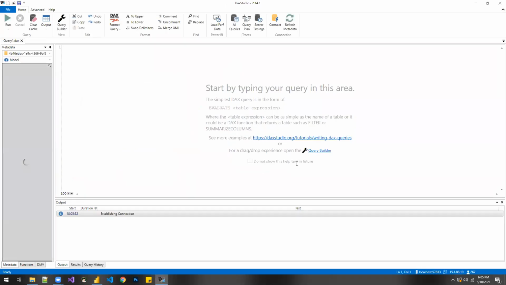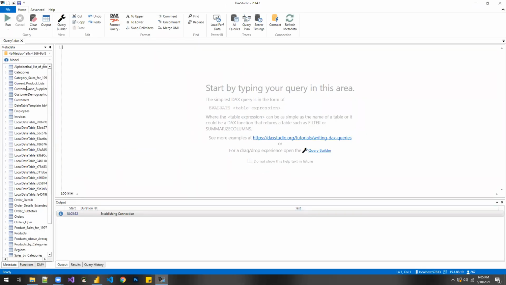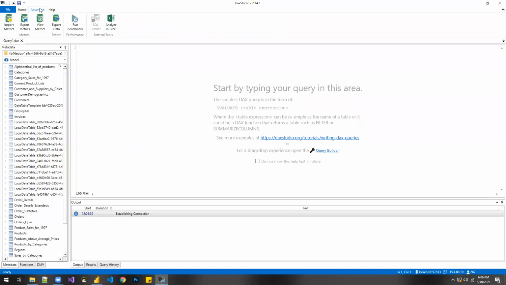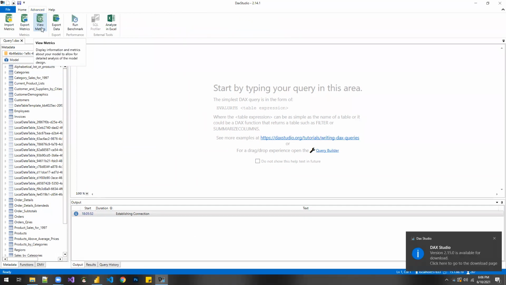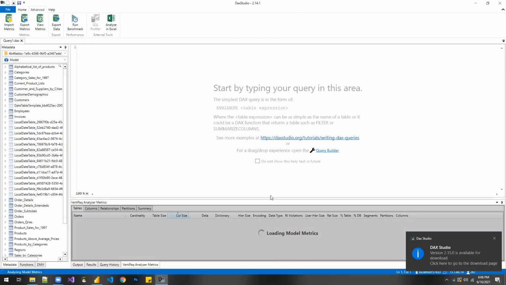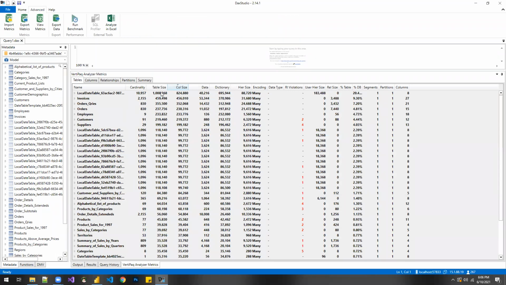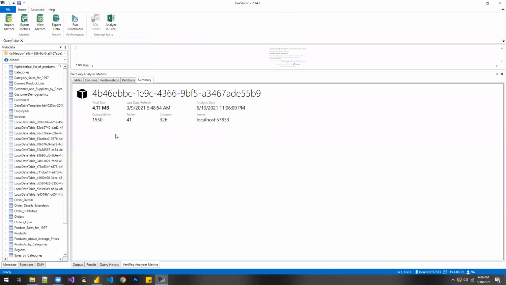So here, when I click on DAX Studio, you can see to the left I'm able to see all the tables we have here. But if I go within the advanced editor and click on view metrics, this will load and show me the list of all the tables, the total table size, and the total column size. And then if I move to the summary, what this is saying is the size of my